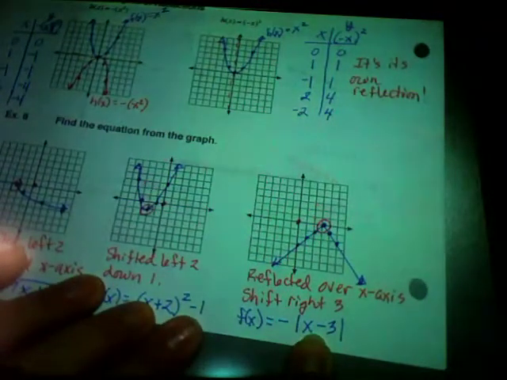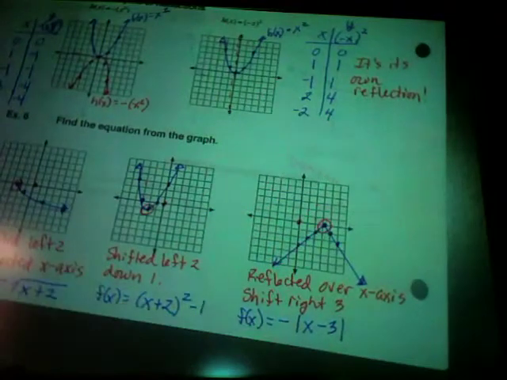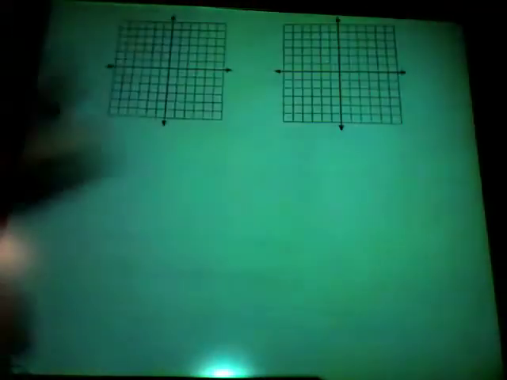Because when we're inside the argument, it's always the opposite sign. So since we went to the right, right is normally positive, so we make it negative. If it's up or down, that's outside the argument, then we go exactly the same sign. So up will be positive. So that's just something you're going to have to make peace with in your own brain. Yes. All right, so then